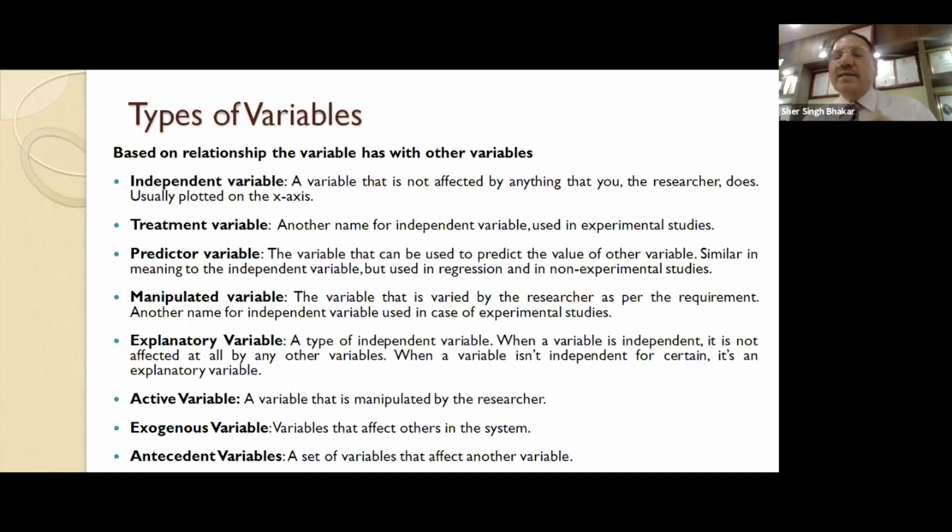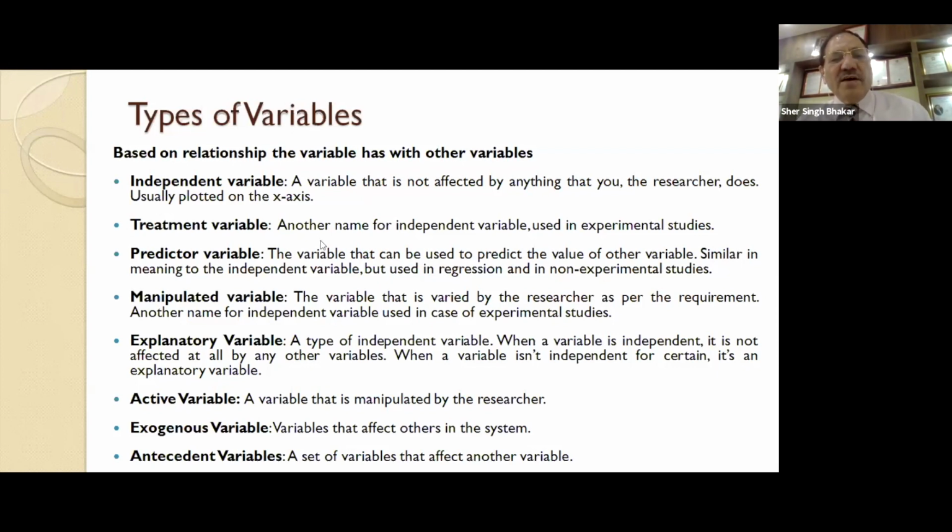So an independent variable is one that is not affected by any other variable, and it affects the other variables. And this independent and dependent can be called only when we are using a model wherein there are some variables that affect the others. It can be an experimental study or non-experimental. In both cases, whenever we evaluate a relationship between 2 variables, a variable affecting the other one is called independent, and the affected variable is called the dependent variable.